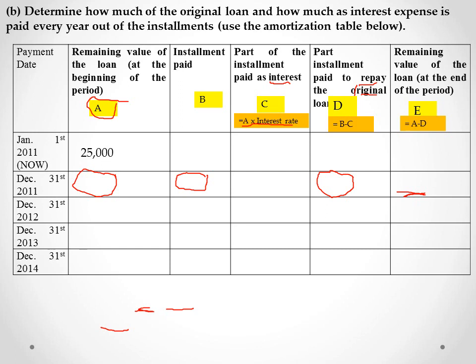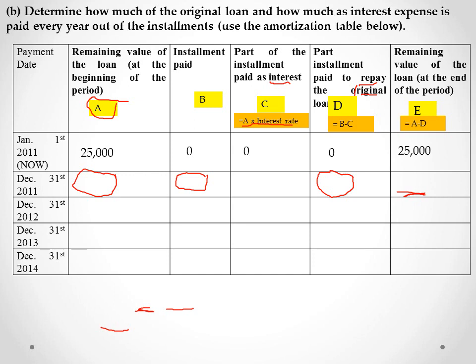Now we are on Jan 1st, 2011. This is the value of the loan at the beginning of the year. Rhonda borrowed $25,000. Then we need to know, starting from the second year, how much Rhonda will start to repay. So for the first year, we are going to write down 0 under installment paid, under the part of the installment paid as interest, and the part of the installment paid to repay the original loan. And then this means that the value of the loan at the end of the first year is equal to